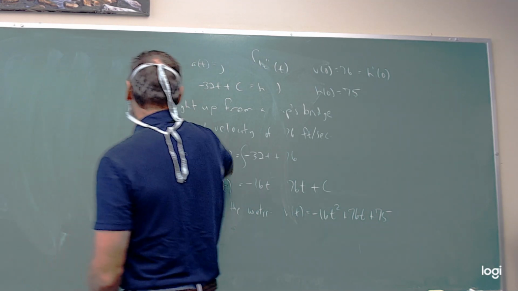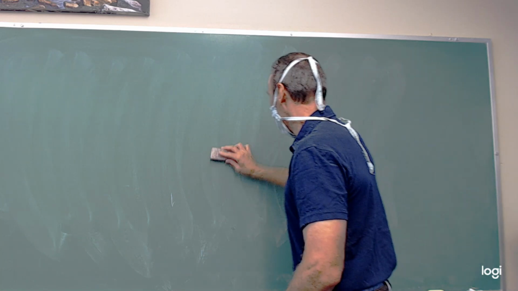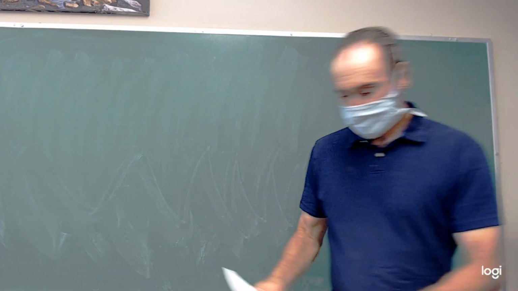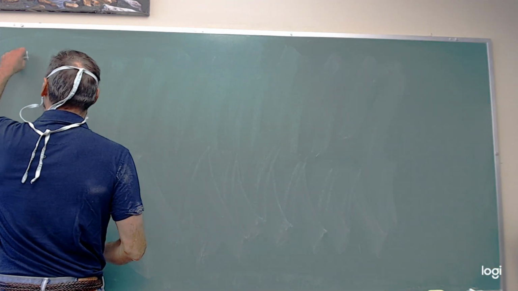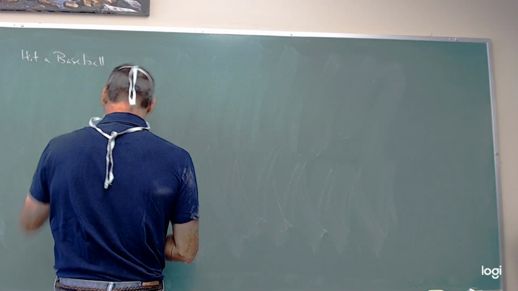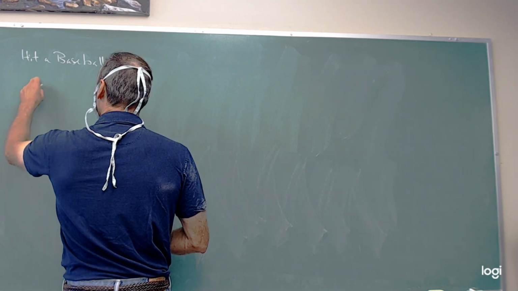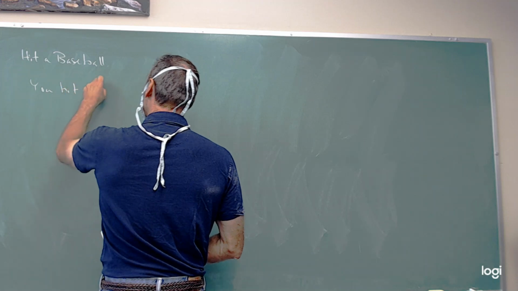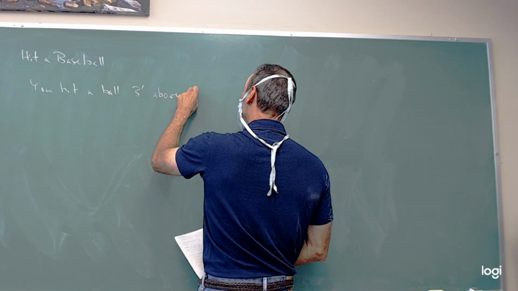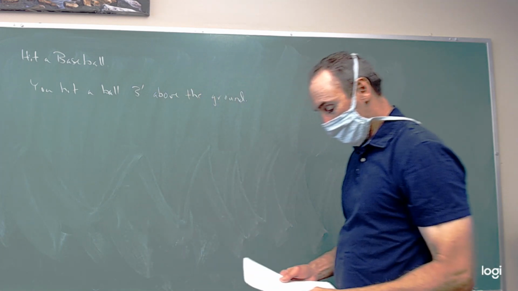Okay, we're going to hit a baseball here. So we did horizontal motion, we did vertical motion. Now we're going to do it in 2 dimensions here. So we're going to hit a baseball. So you hit a ball, and it's 3 feet above the ground. See what kind of power you got here. So we're going to hit that 3 feet above the ground